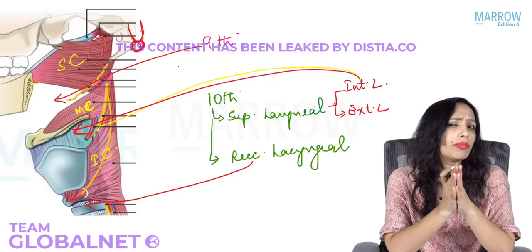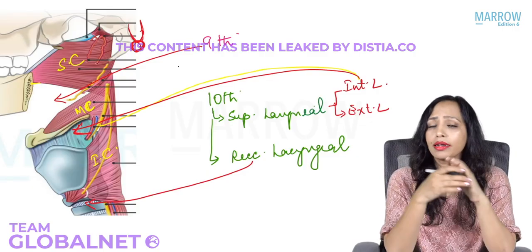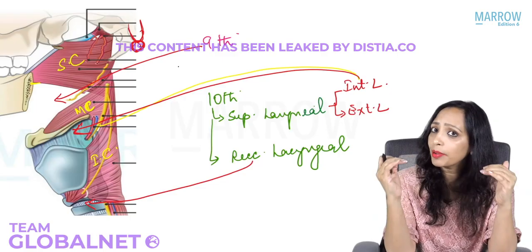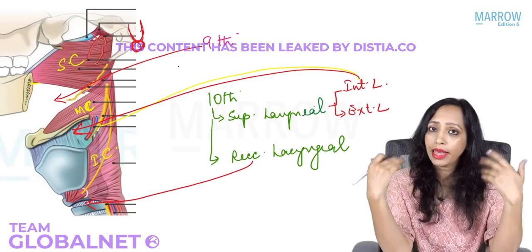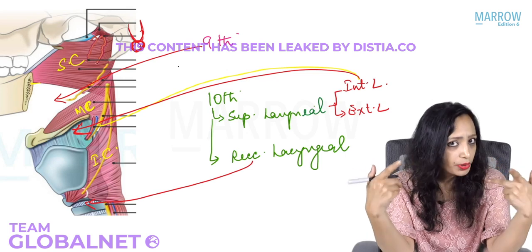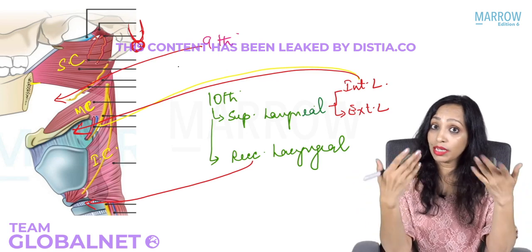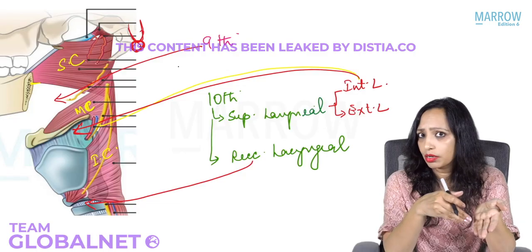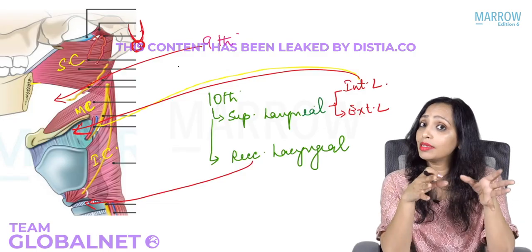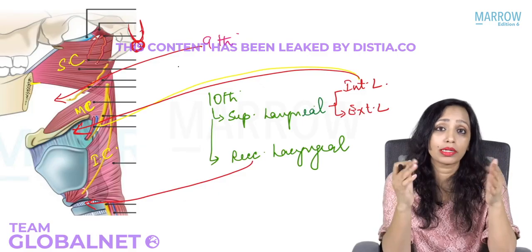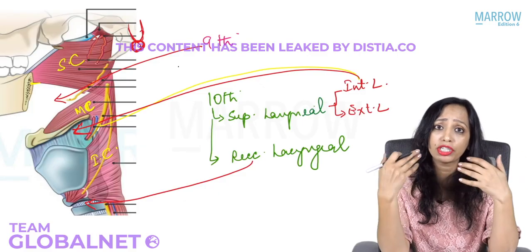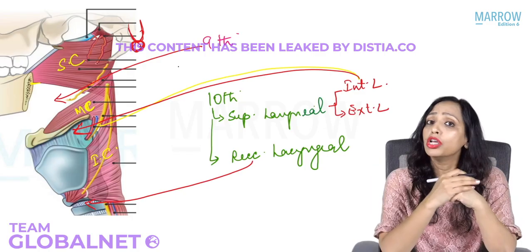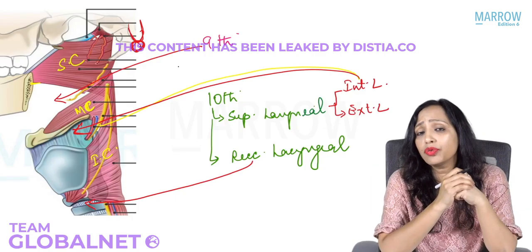And how do you remember this? You can remember it like this, that the uppermost, that is the 9th, 9 definitely has to be upper than the 10th, yes. So 9th will enter the upper gap, that is in between superior and middle constrictor. And of the 10th, 2 branches will enter, next the superior branch, and then the recurrent branch. Or an easier method is when it is suddenly asked in your exam, and it was a question that was asked recently: the internal laryngeal enters the larynx in between which two muscles? You can call it, just behind the larynx is the hypopharynx. So it enters the larynx and then it goes into the hypopharynx. So it enters the larynx in between which two muscles? In between which two muscles? Yes.